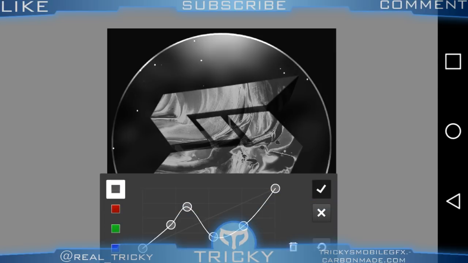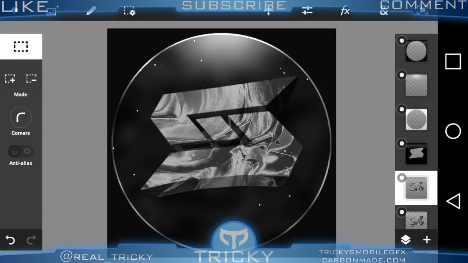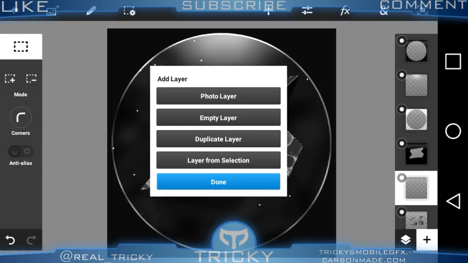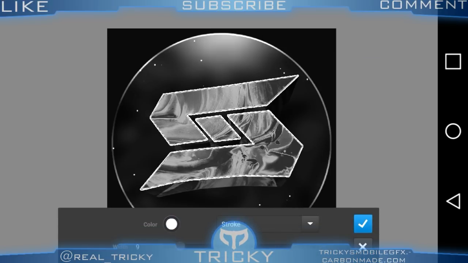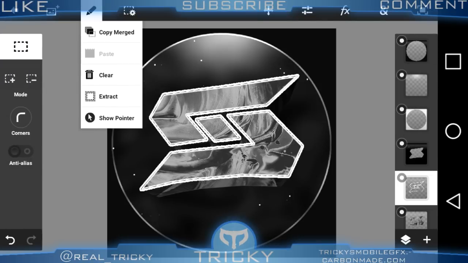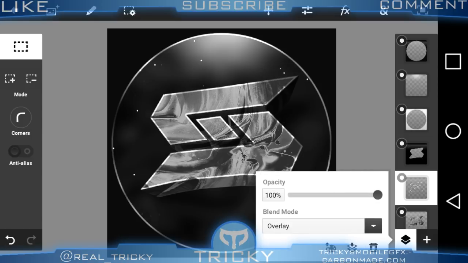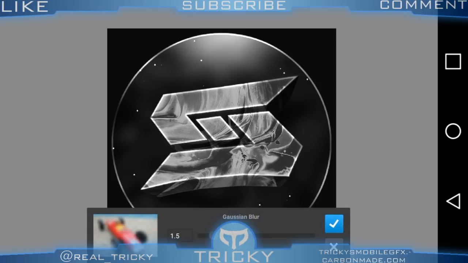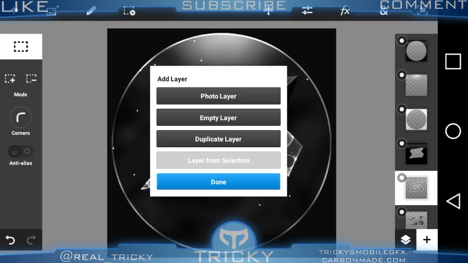Just go into curves, and then tick that, and then go onto your 2D layer, and then select pixels. Make a new layer, and then go to the edit symbol, fill in stroke, and put it up to 10, and then go to the pencil and press extract, and then set this to overlay, and then duplicate it and Gaussian blur, just like that, and then merge the two together, duplicate it,